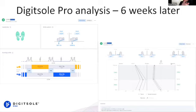What was really interesting, and as I mentioned before, is that one of the things that we took out from this second visit is that when we look into the standard deviation of the